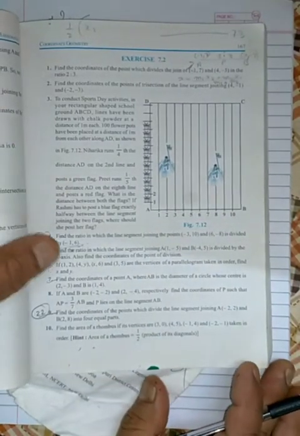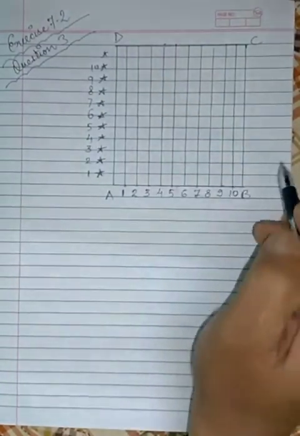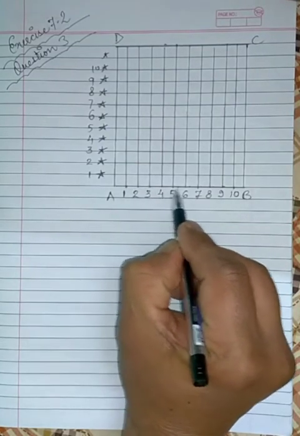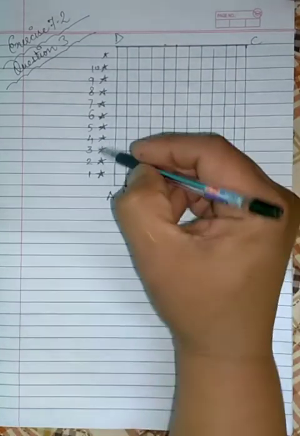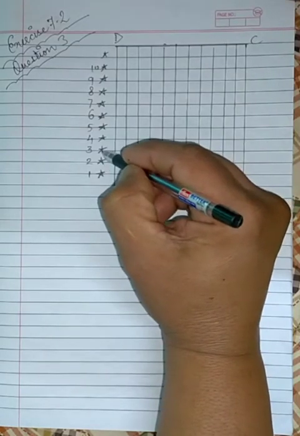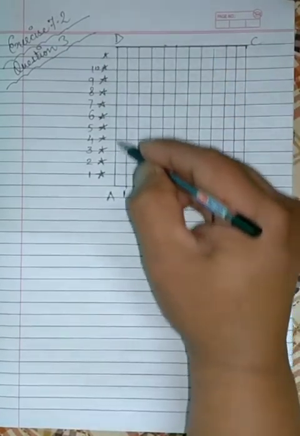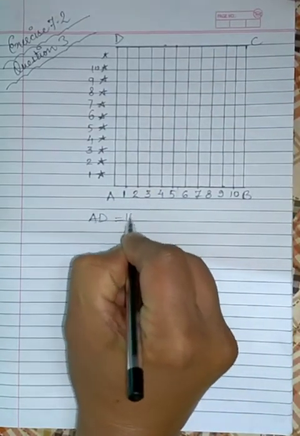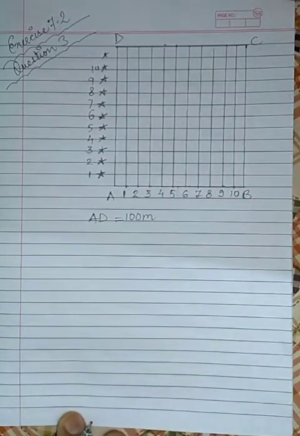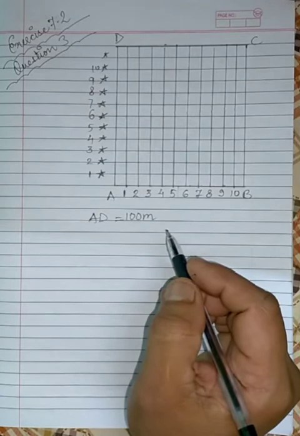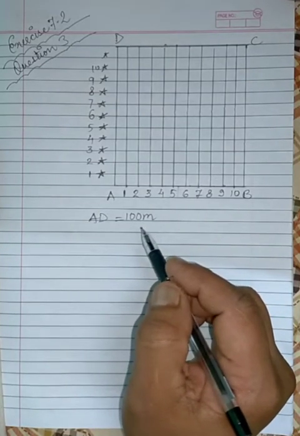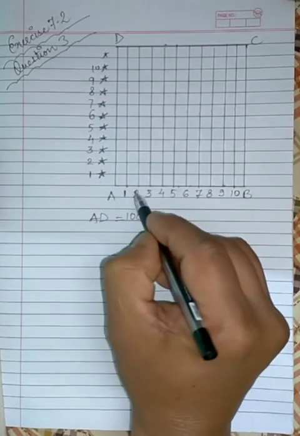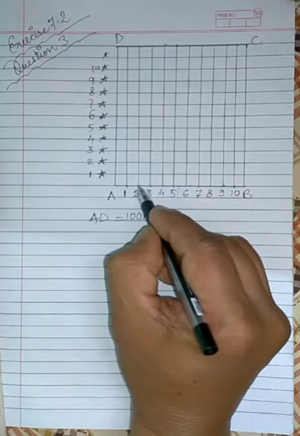So let's solve this. To solve this, I have drawn a figure. These lines drawn by chalk are at a distance of 1 meter each. And at a distance of 1 meter each, these flower pots have been posted. So there are 100 flower pots, making distance AD equal to 100 meter. Now, as per the question, Niharika runs 1/4 the distance AD in the second line. So in the second line, Niharika is covering a distance 1/4.